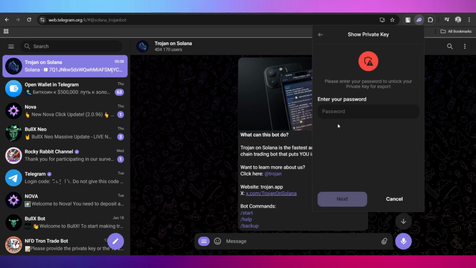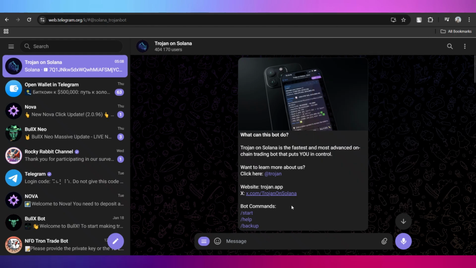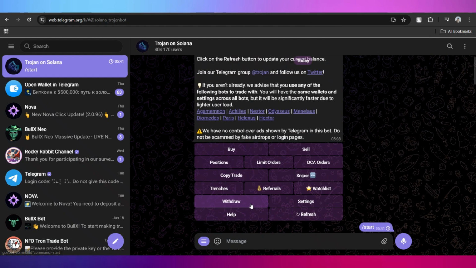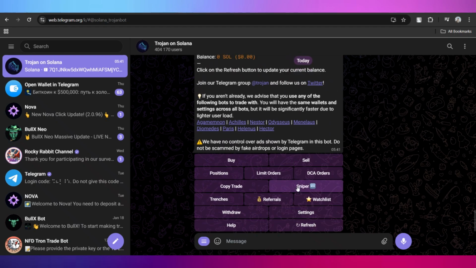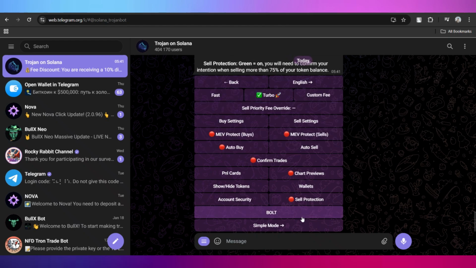Enter password to get your private key, and once you have got your private key, head back to your Trojan Bot and simply go to settings right here. Go and click on settings, and once you are in your settings, what you need to do is go to